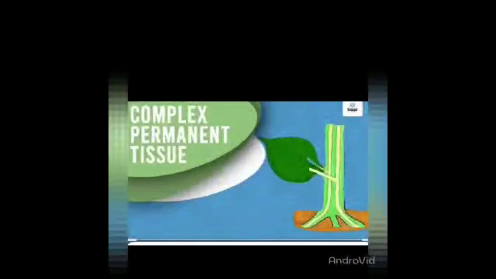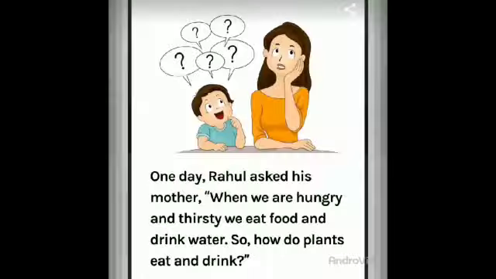Let's see the second type of permanent tissue. The first type was simple permanent tissue, and today we will see the complex permanent tissue. We can divide complex permanent tissue into two types. One is the phloem, second is the xylem. First we will see the phloem, and we will learn this in a very interesting way with a short